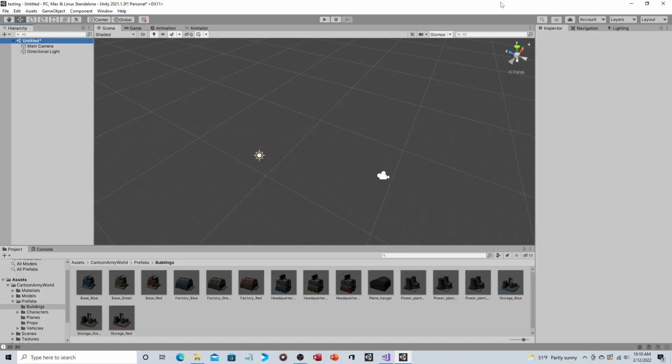Hey everyone, so in this video we're going to take a look at how to have buildings generate resources over time. So a few days ago I mentioned that I purchased the Cartoon Army World Asset Pack and that I thought it was good for an RTS and that unfortunately I don't have enough time to do a full RTS tutorial, but what I'm doing is some of these one-shot tutorials and then you can combine the functionality on your